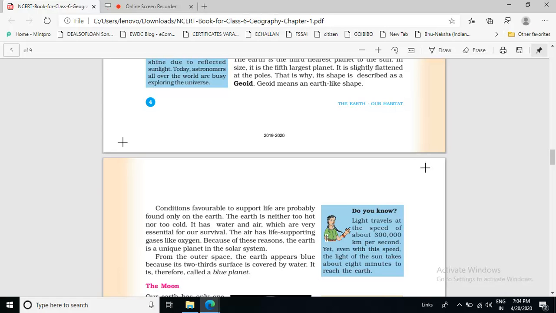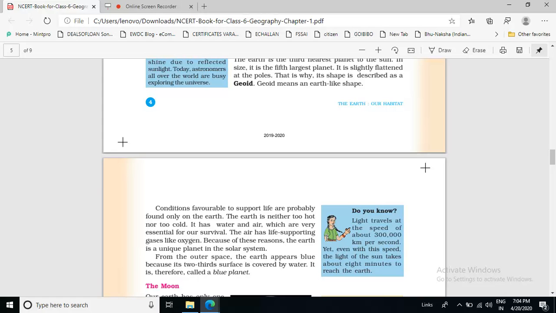That the Earth has water and air also, and we cannot think of our life without water and air. Air has some gases like oxygen, without which we cannot think of life, because every moment we breathe in oxygen. So oxygen is very important for our existence. Likewise, water is also very important because